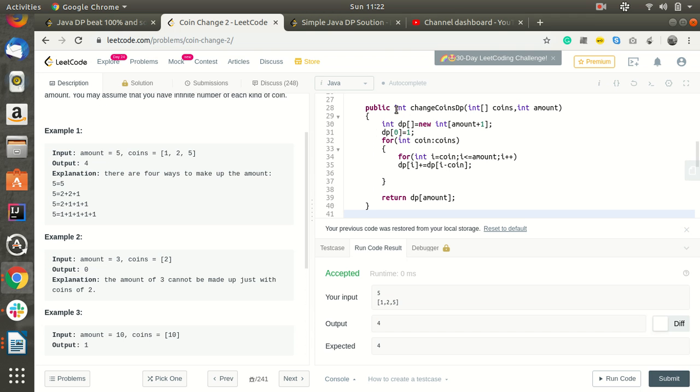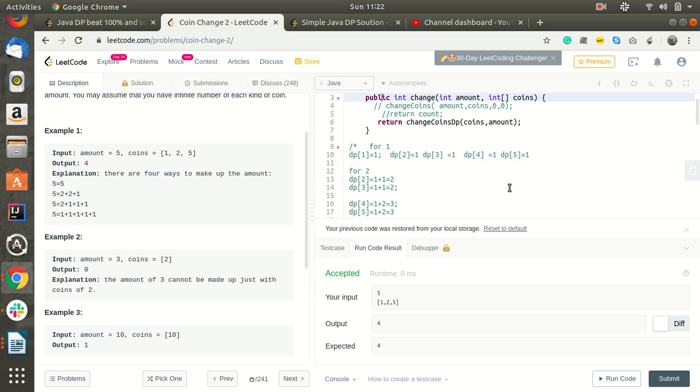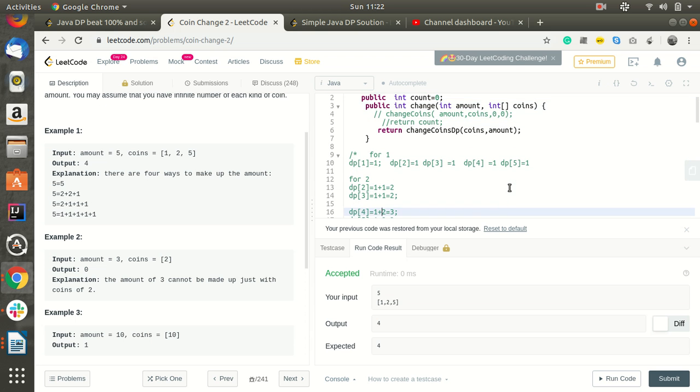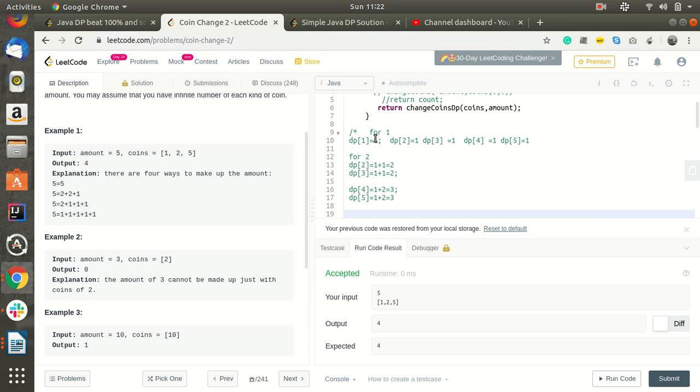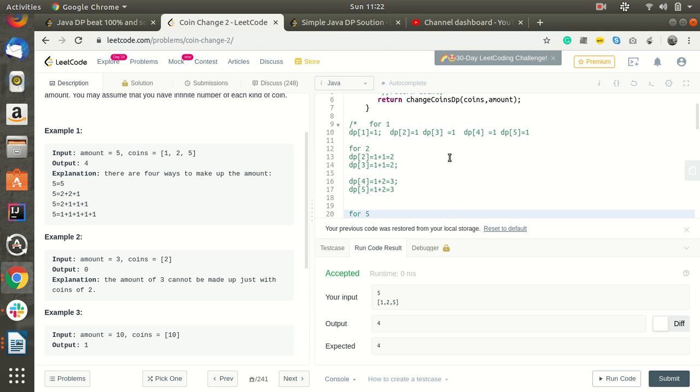In this way it will iterate and return dp of amount. Let's see the example and how it is calculated. For 1, dp of 1 equals 1, dp of 2 equals 1, dp of 3 equals 1, dp of 4 equals 1, dp of 5 equals 1, if you use that formula for computing the DP.